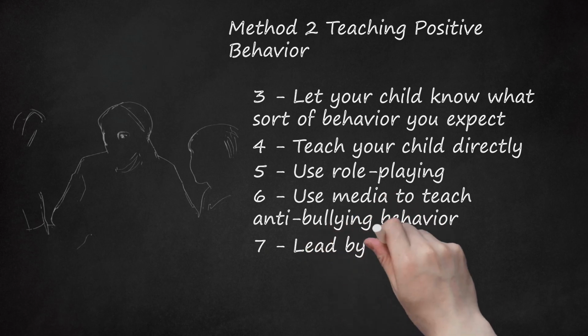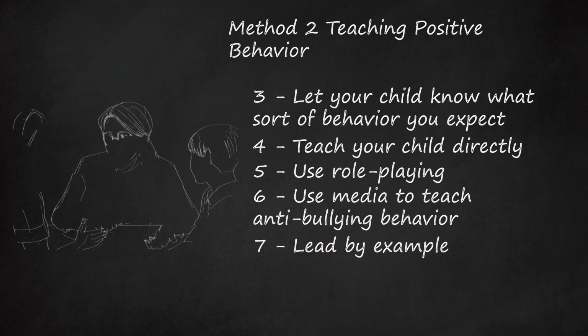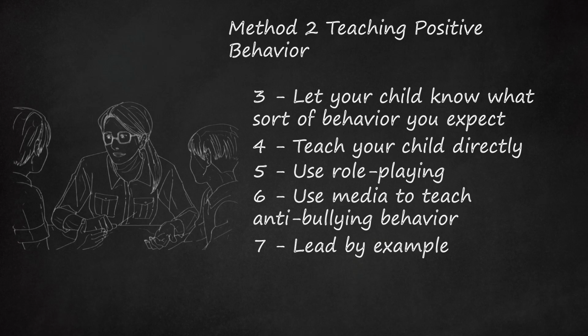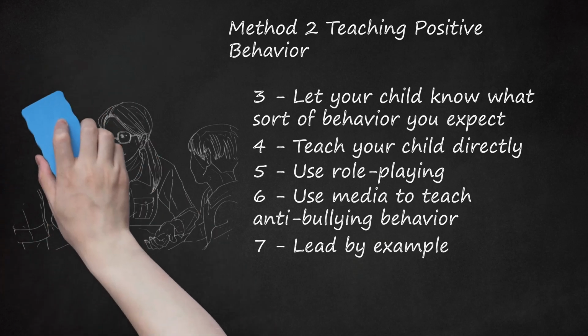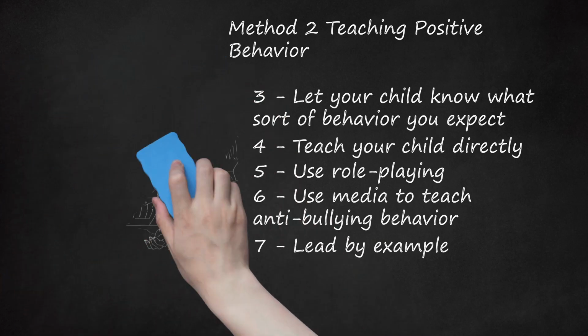7. Lead by example. Children often learn how to act by watching their parents and caretakers. If you are a kind, generous, and loving person, your child will notice. Likewise, if you are domineering, verbally or physically abusive towards others, and stingy with your affection, your child will be more likely to adopt bullying tactics and behaviors. Be a positive example for your child, and you can indirectly teach them not to be a bully.